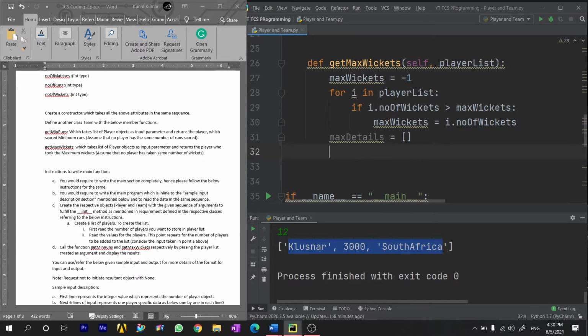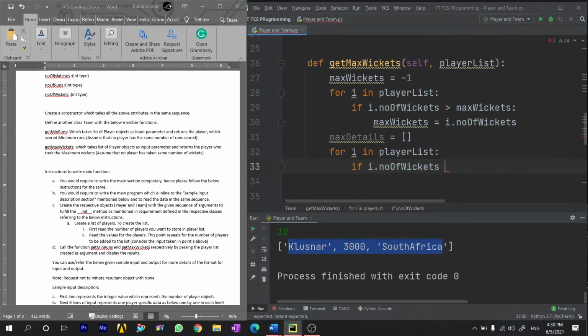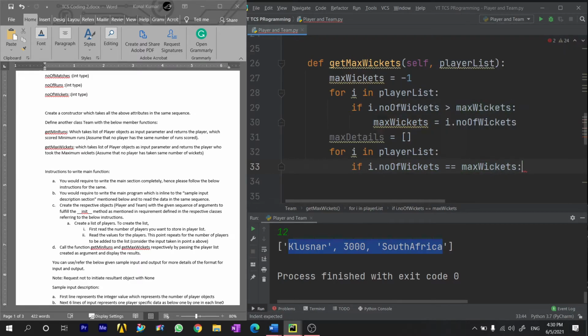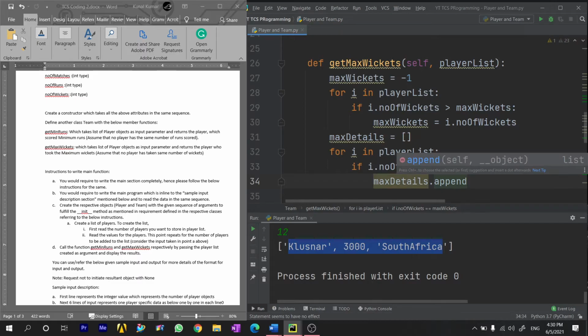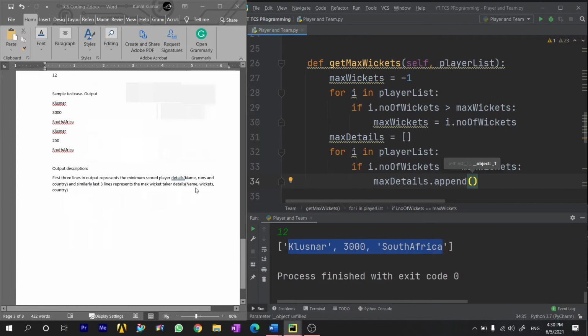So again, iterating in the player list, let's check if i dot number of wickets is exactly equal to max wickets. In this case, we need the details of the player. So max details dot append. Let's see which details we need now. We need the name, wickets taken, and the country.